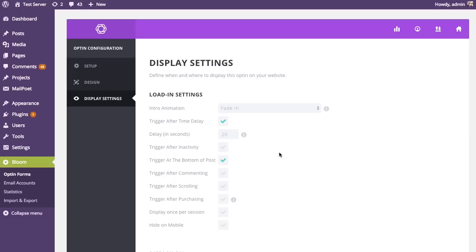Next up is the trigger at bottom of the post. This is one of my favorite options because it only targets engaged users, and it never upsets the reading experience of the user because it only displays when they're done reading the post, when they've reached the bottom of your post. So this is if you're creating a blog pop-up, I'd really recommend having this trigger enabled because, like I